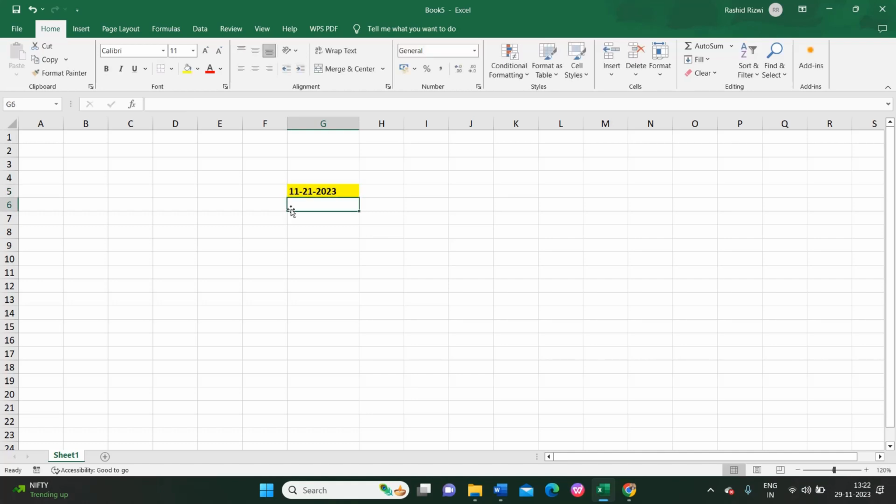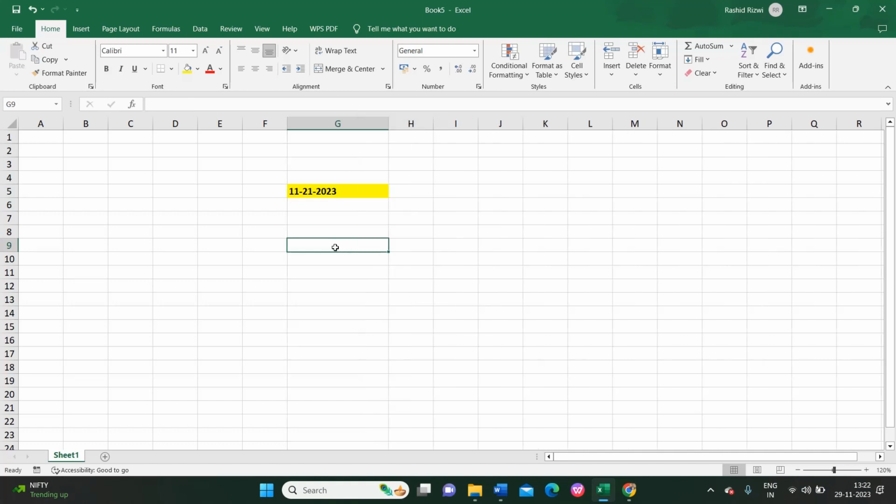I am thinking this is 21st November 2023, but actually it is text. Because if you type a valid date into a cell, today is 29, so I type 29-11